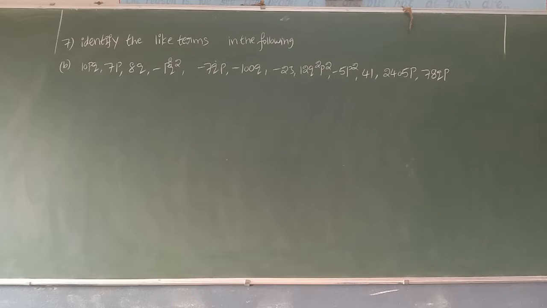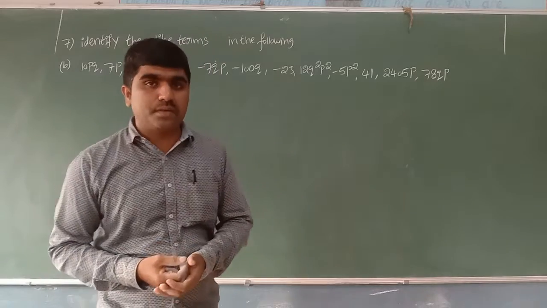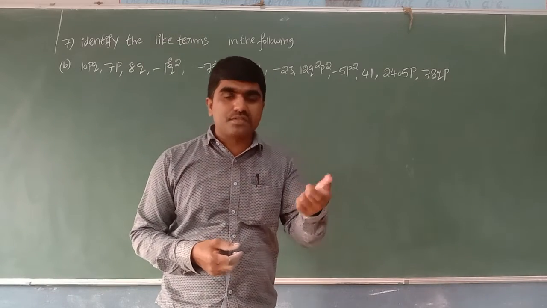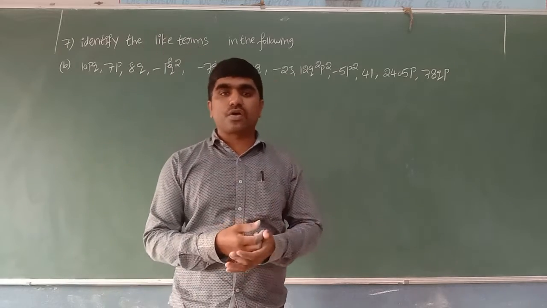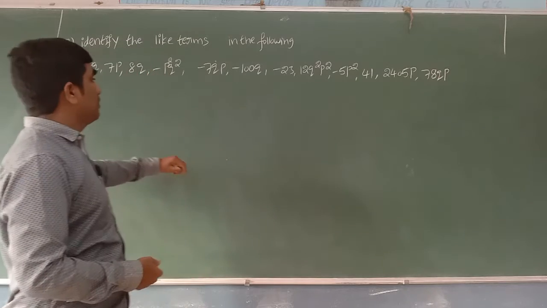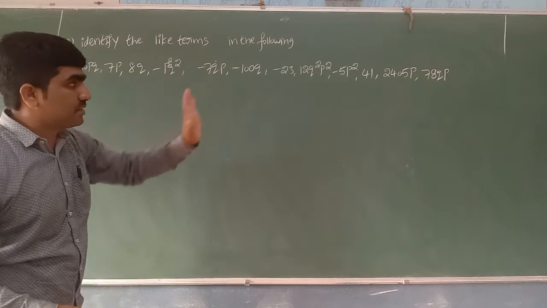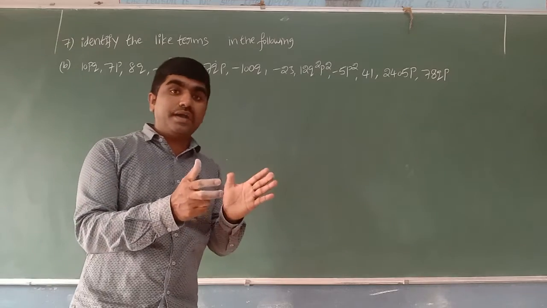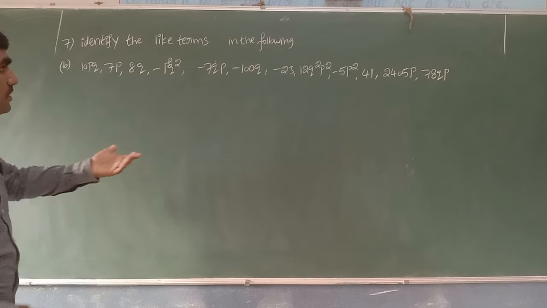Yes, children, we learned just now what is like terms. What is in the like terms, beta? Sir, 2 or more than 2 terms are said to be like terms when they have same variables with same powers. Same variables with same powers are called like terms. Now based on that concept, here we have one problem, beta. Identify the like terms in the following. Here they give some terms. From that they are asking to identify the like terms. You know what is meant by like terms. Let's see the like terms here.